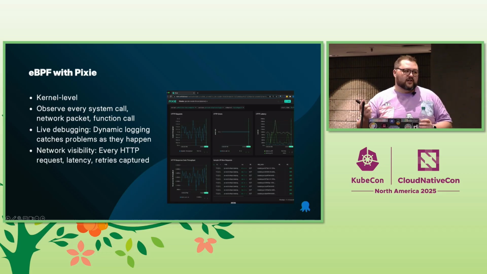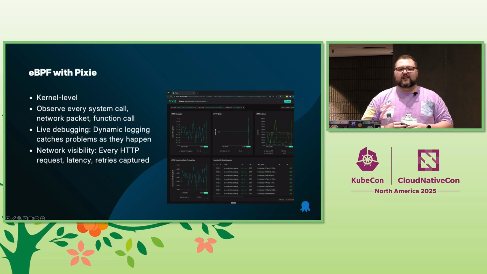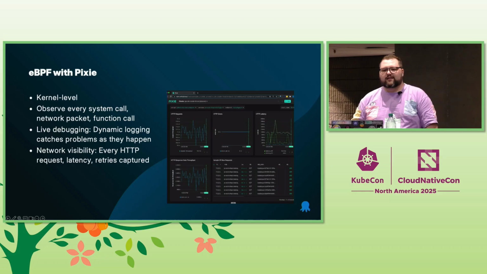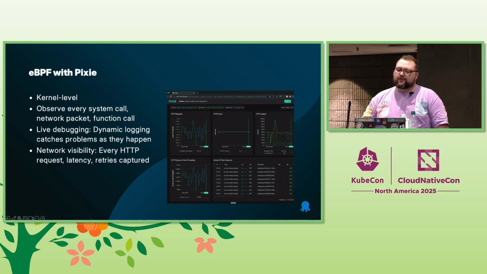It's installed as an operator, just runs on every single node. And it also profiles, which is really neat. Some of the other things we used were live debugging, which means you can just log out exactly what's going on in the cluster, without having to redeploy everything. And that helps when you're just trying to figure out what the heck is going on in your application.